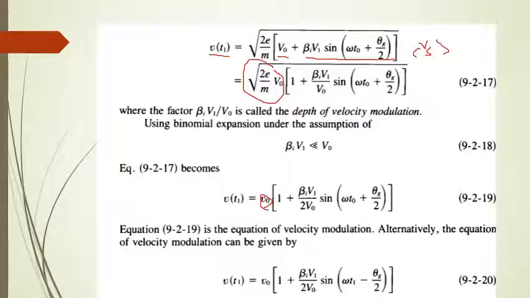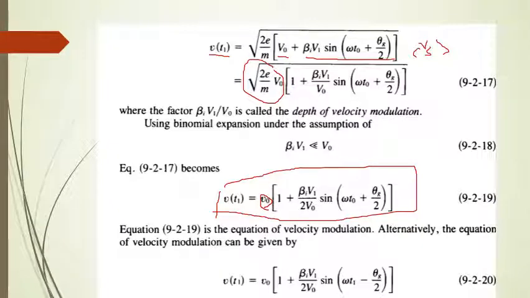So finally, your velocity modulation takes place as, can you all tell me what it is? It is nothing but DC electron velocity, bracket open, 1 plus beta I V1 by 2 beta V naught sine omega T naught plus theta G by 2. Please note, this is an angle. This can take alternatively plus sign or it can also take minus sign. Now this is how we do the derivation.